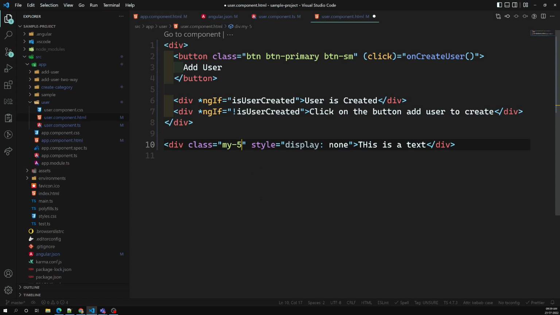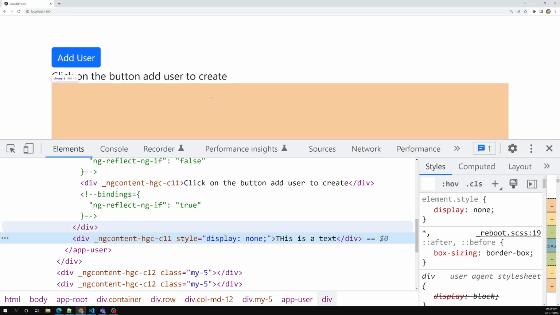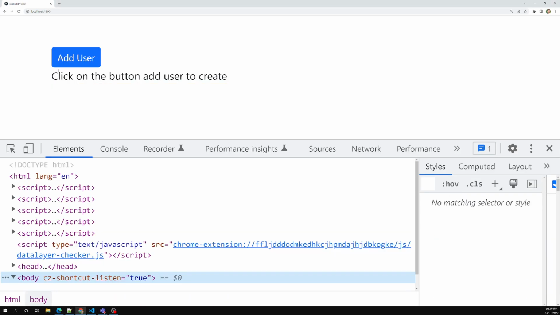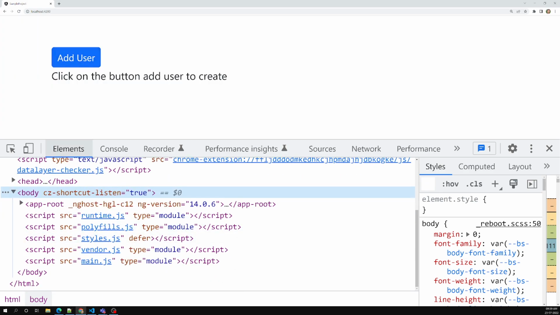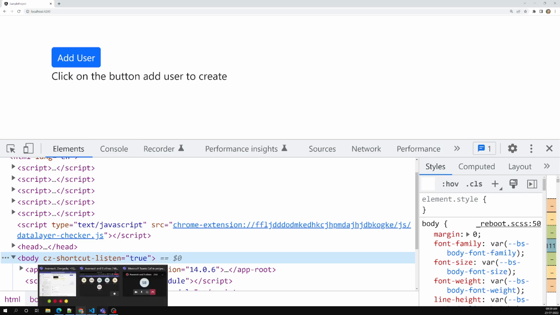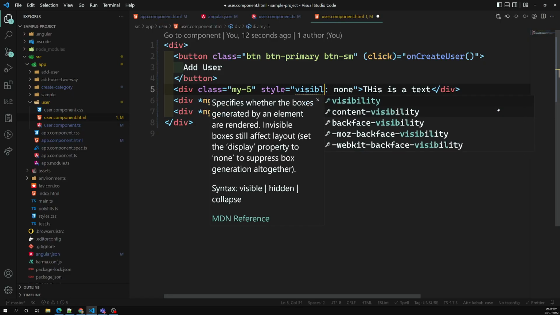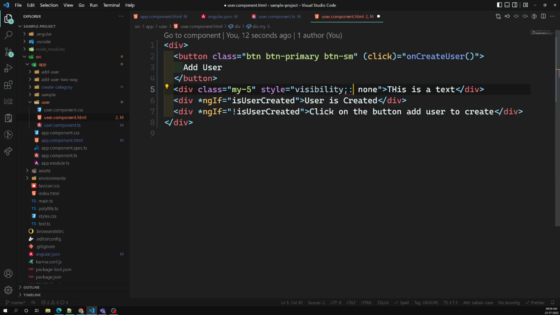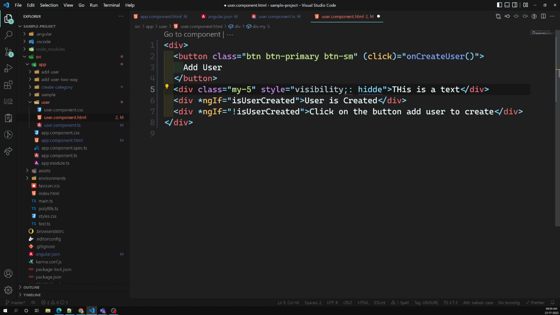In between the add user button and the click on the button, we have this is a text. If I add visibility hidden and look at the output,